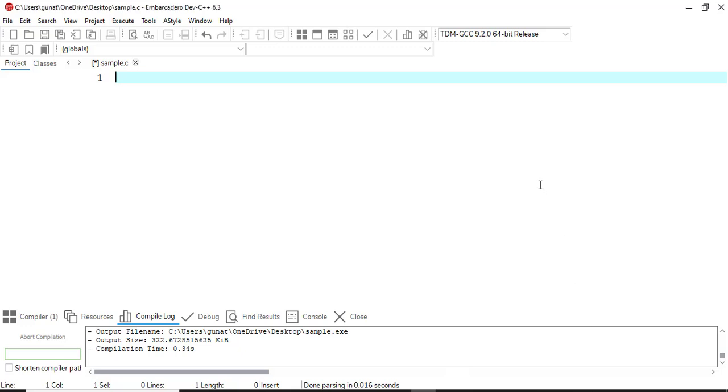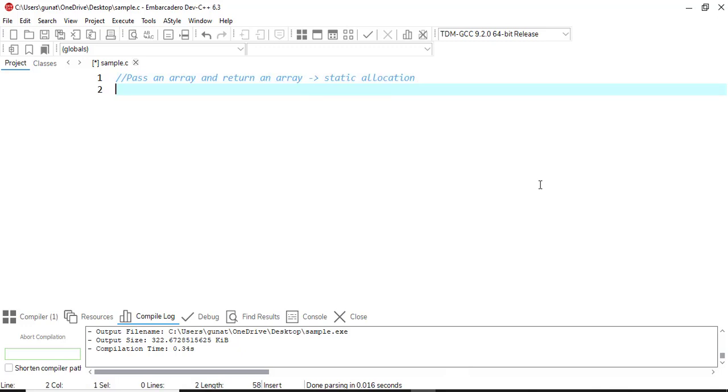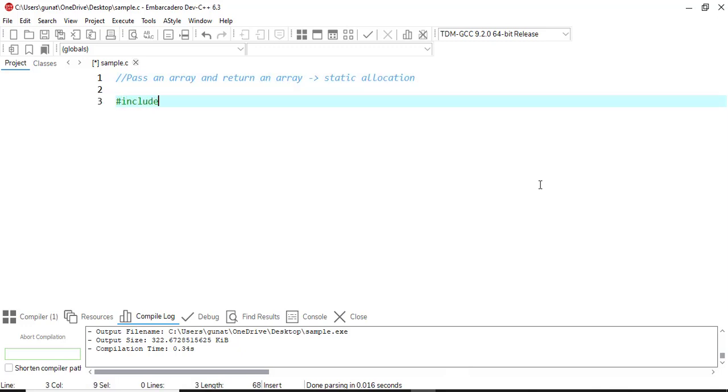Hello everyone. In this video, let's discuss how to pass an array and return an array with static memory allocation. Okay. So as usual, I'll start with the header file stdio.h